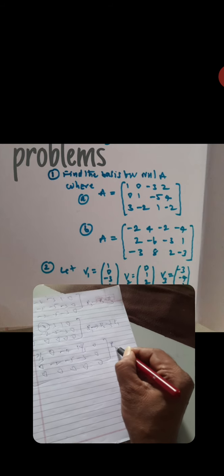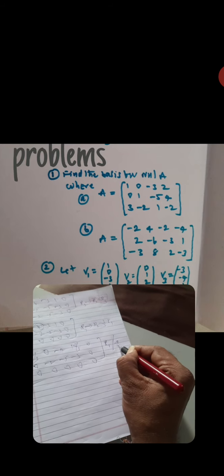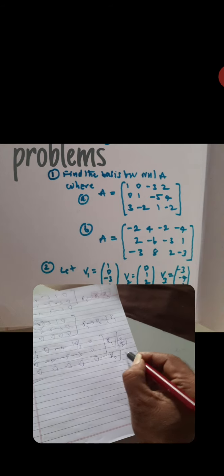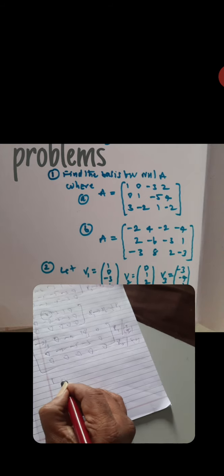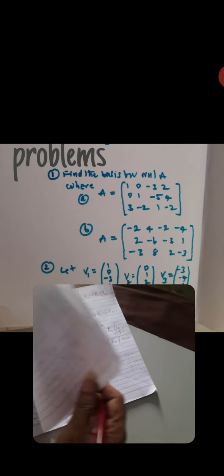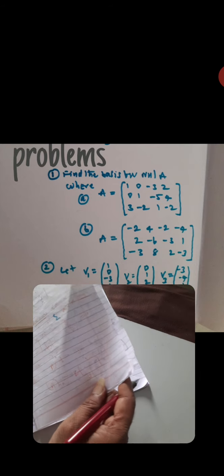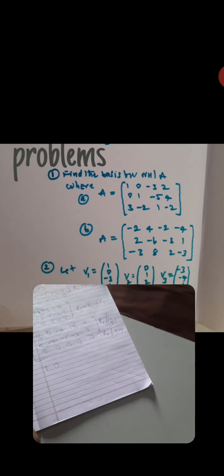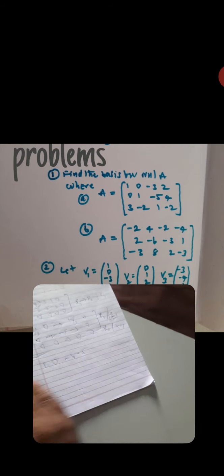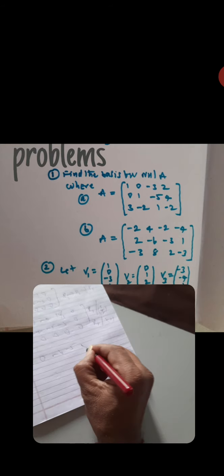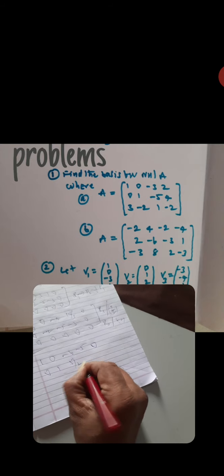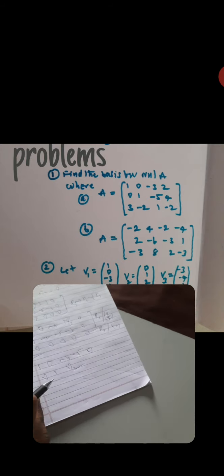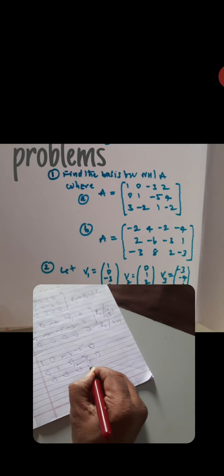Last step, R1 is divided by minus 3 by 2, R2 is divided by minus 2. You write 1, 0, 1, 0, last minus 6, minus 5, 0, next 0, 1, 5 by 2, 3 by 2, 0, last 0, 0, 0, 0.